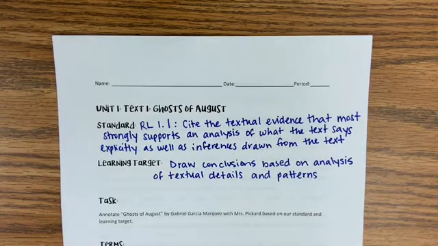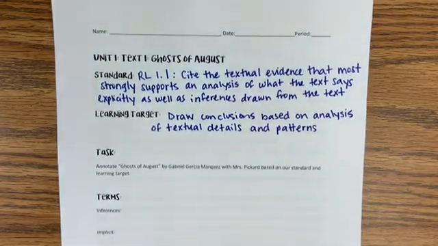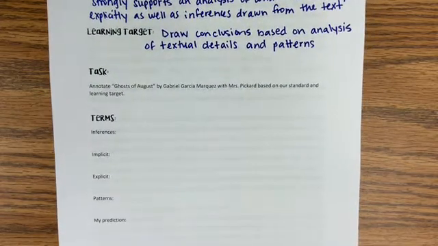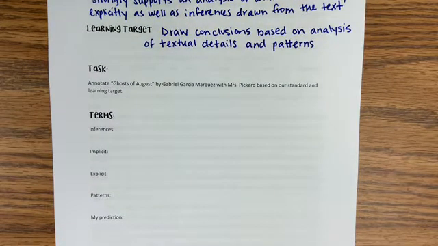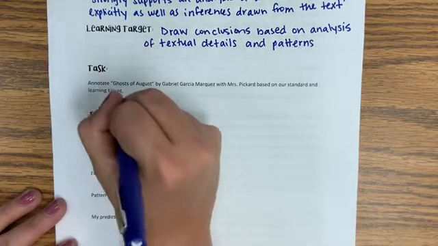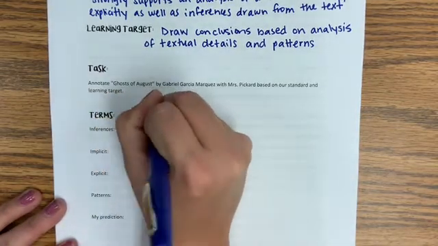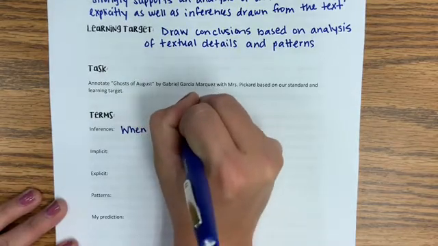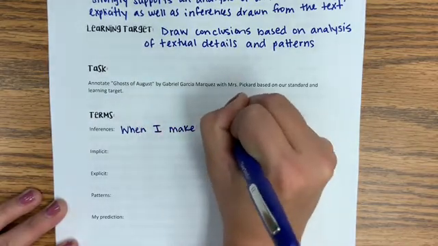And our task that we're going to work on today is we are going to annotate Ghosts of August by Gabriel Garcia Marquez with me based on our standard and learning target. Go ahead and pause if you're not done writing. We're going to move on to the terms that we need to know before moving into this text. Inferences, implicit, explicit, patterns. So, an inference is when I make an assumption